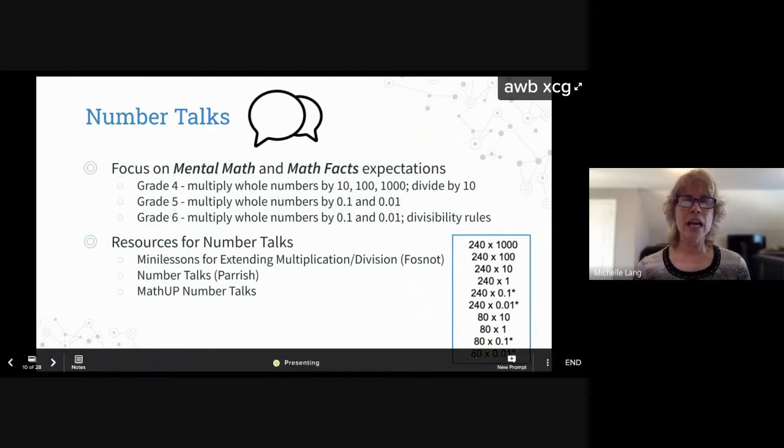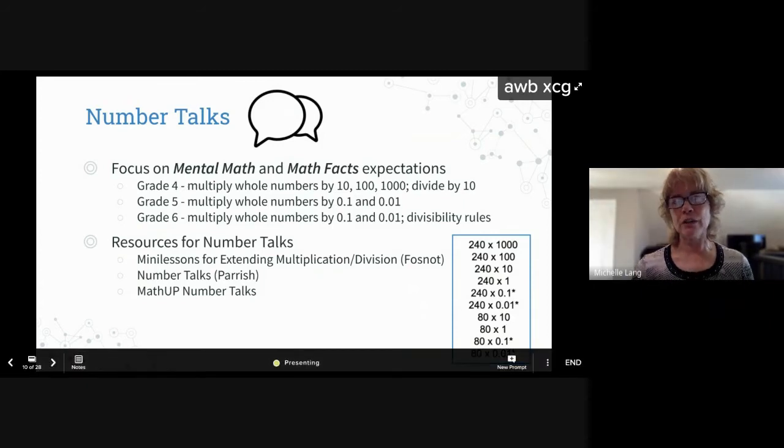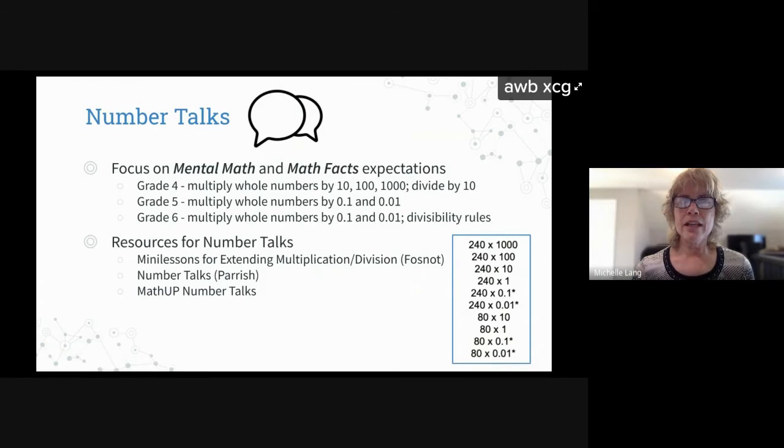Some of the expectations across the junior grades that can be addressed, and are best addressed, in number talks are those that focus on mental math and the math facts. So you can see in grade 4, multiplying whole numbers by 10, 100, and 1,000 and dividing by 10, you can easily do some number talks that will get at that. Similarly in grade 5, multiplying by 1/10 and 1/100, and in grade 6, multiplying by tenths and hundredths again,